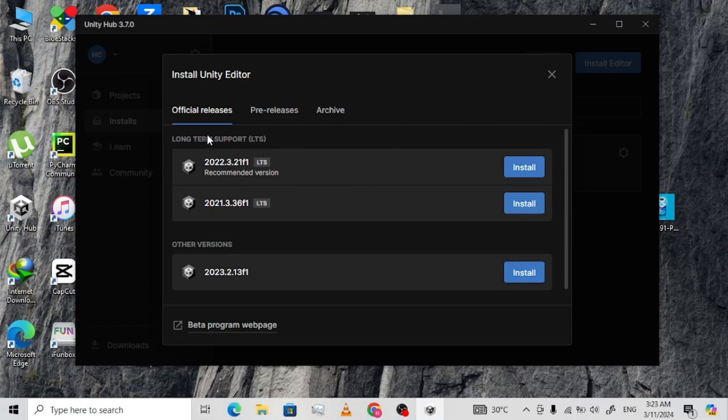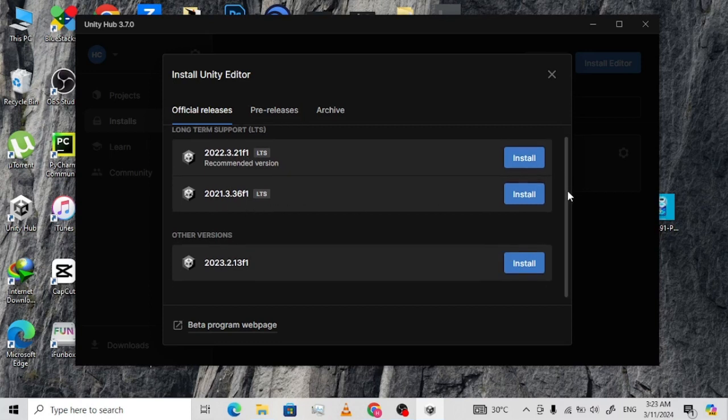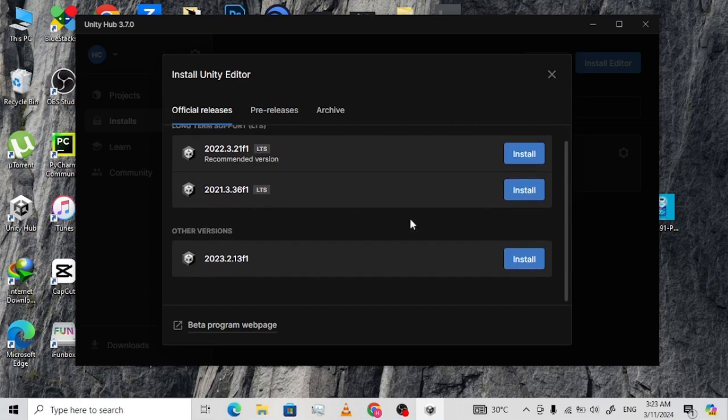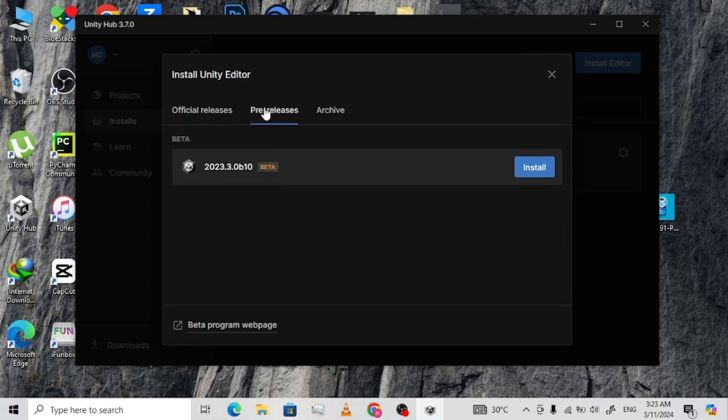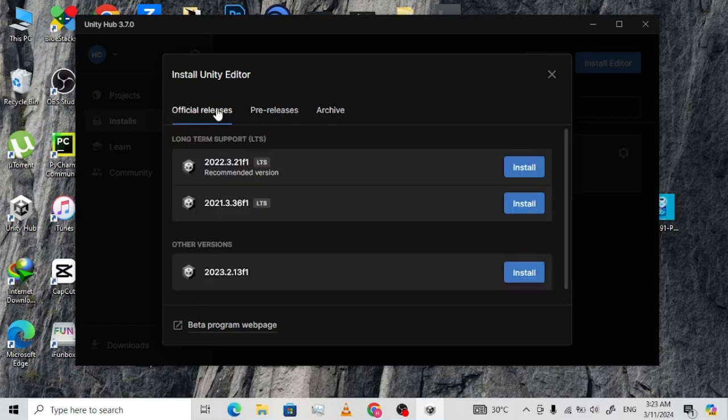So for the long-term support, there's 2022, there's 2021, and then you can go for other versions as well. Let's go for the 2023.2. So you click on install,